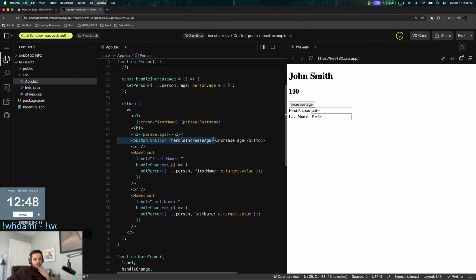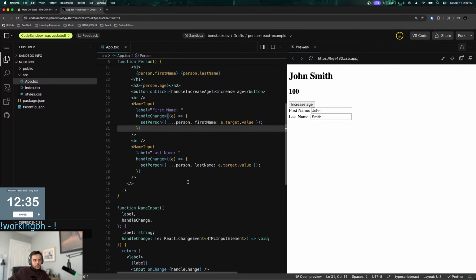Set person prev, and then field e.targetValue. Wait, but do I not need to pass in the event though? Do I not need to pass in the event for the input? Or am I tripping? Yeah, I thought so.